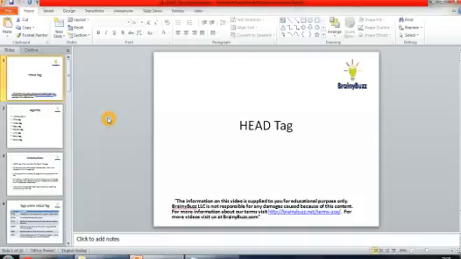So far we have seen the various tags of the body tag, what tags we can include in the body tag, how we can structure our web page, and how to create the controls. Till now you have basically seen the body part of your web page and what you can put in your body tag. But there is also another thing at a slightly higher level than the body tag, that is the head tag.